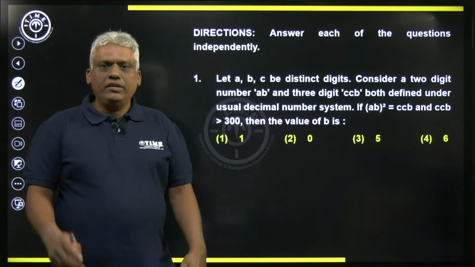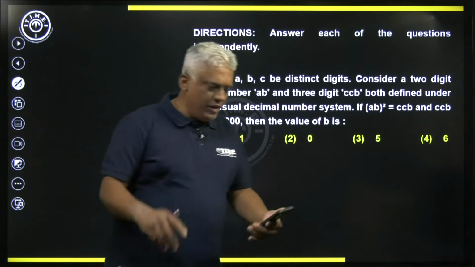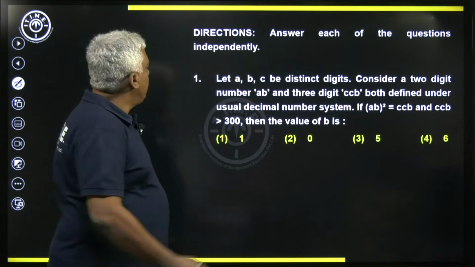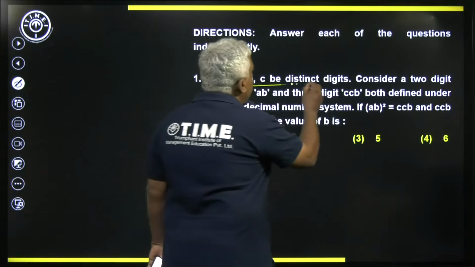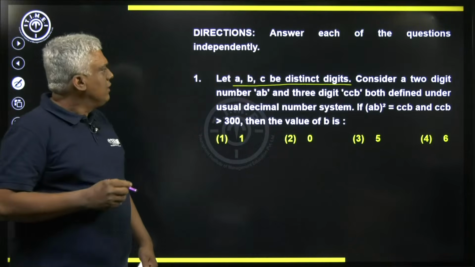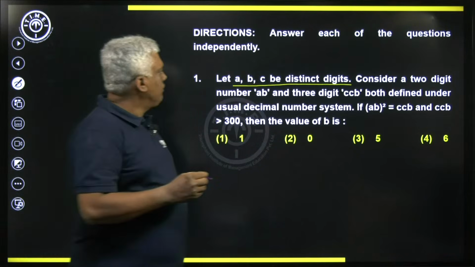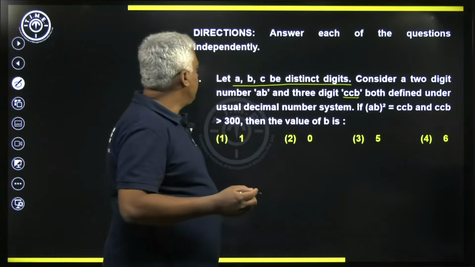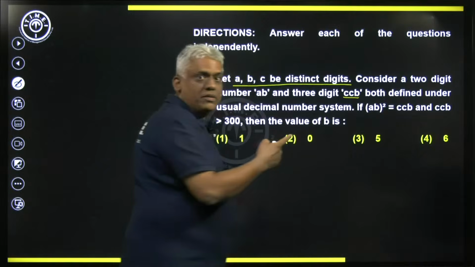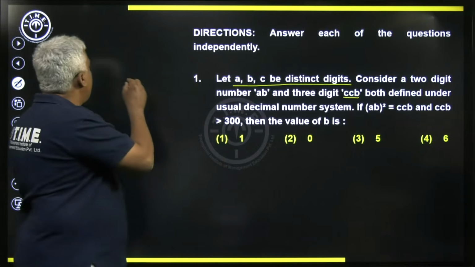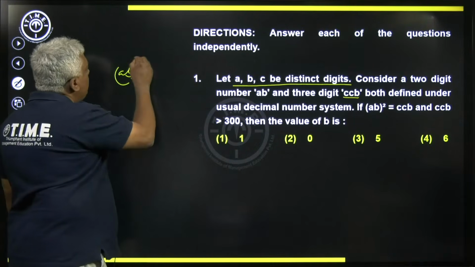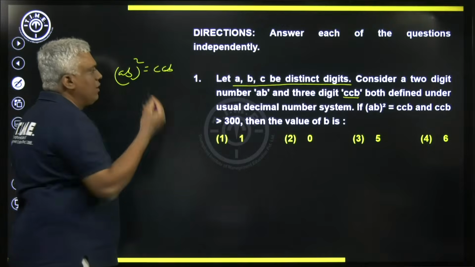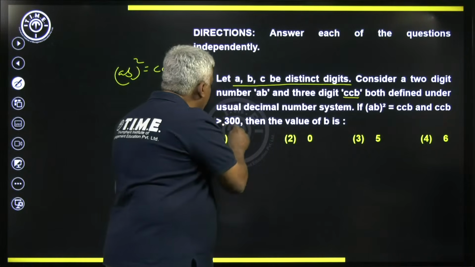Okay, let's solve it. I think we have spent 1 minute. Now let's see. A, B, C are three distinct digits. Consider a two-digit number AB and a three-digit number CCB, in the decimal number system, such that AB square is equal to CCB, where CCB is more than